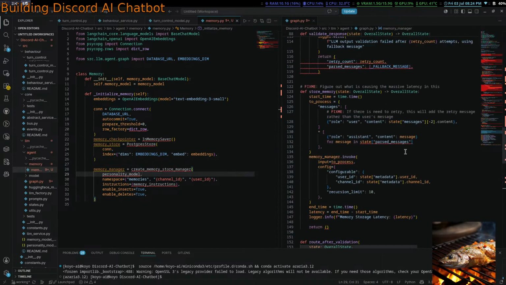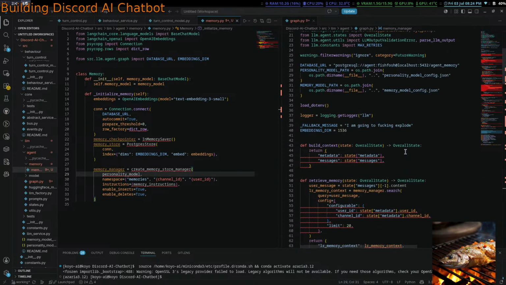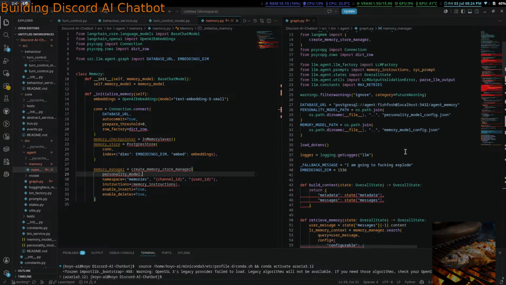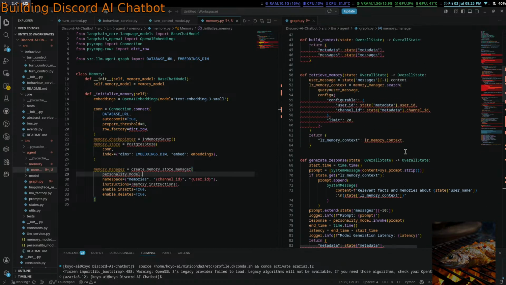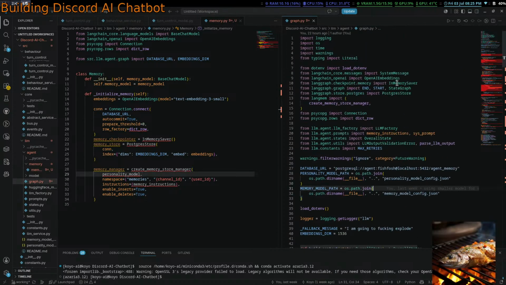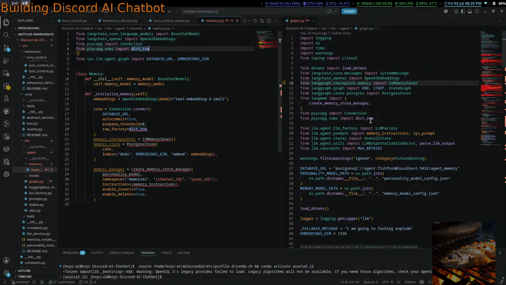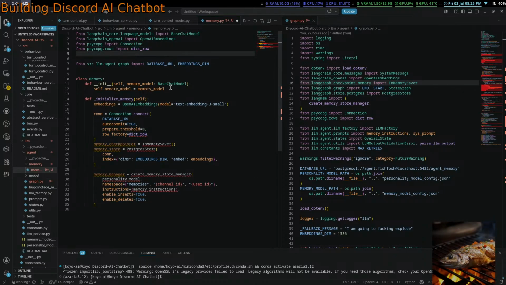And these functions are defined over where? Where are they even defined? I'm pretty sure it's LangGraph checkpoint, MemorySaver, parse memory instructions. Okay, yeah. So from LLM, no, it should just be LLM.agents.